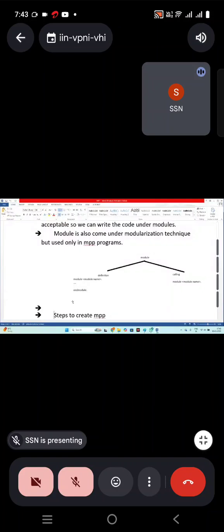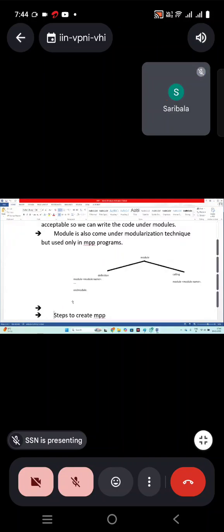We collect all the definition parts in the program. That is called module pool programming, a collection of modules. They can be called under the flow logic, because flow logic doesn't allow all the above statements. So we write the modules, and the module definitions are kept in the program, where we can write all the above statements. That's the reason we use modules. Clear?